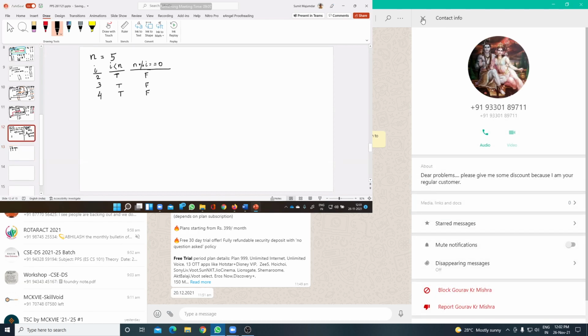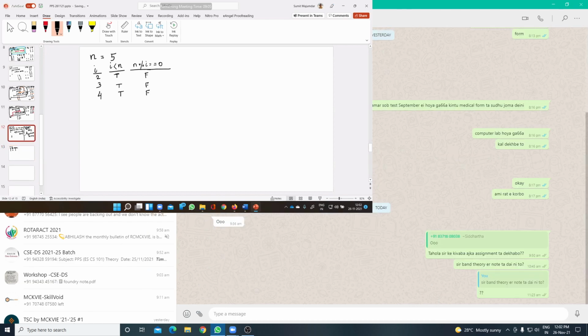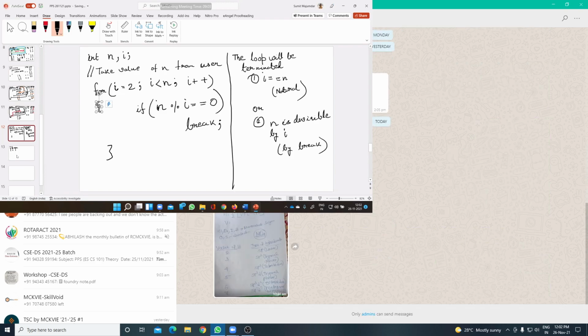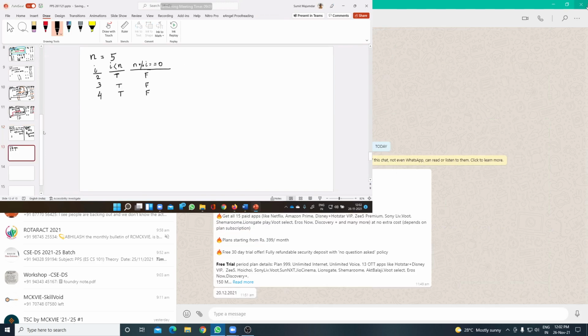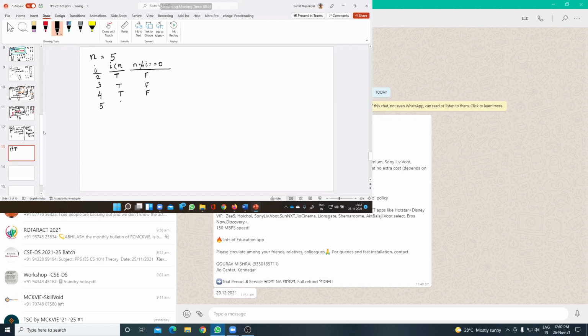Next, it will increment the value of I, so it will be 5. Now this time this condition will be false. Clear? So now it will come out of the loop.